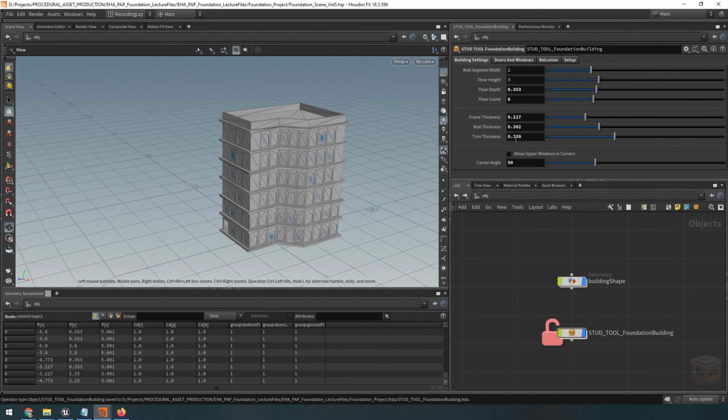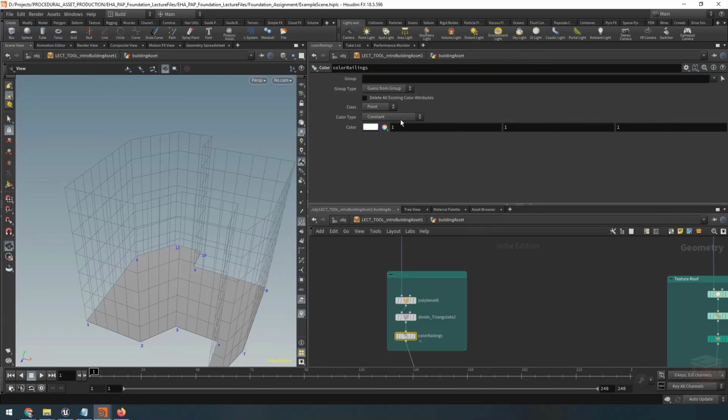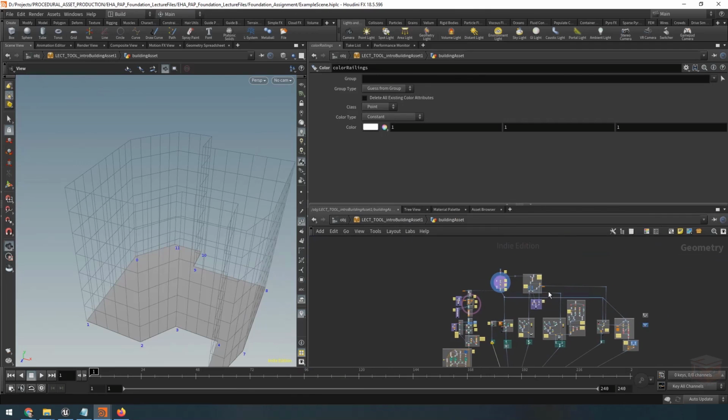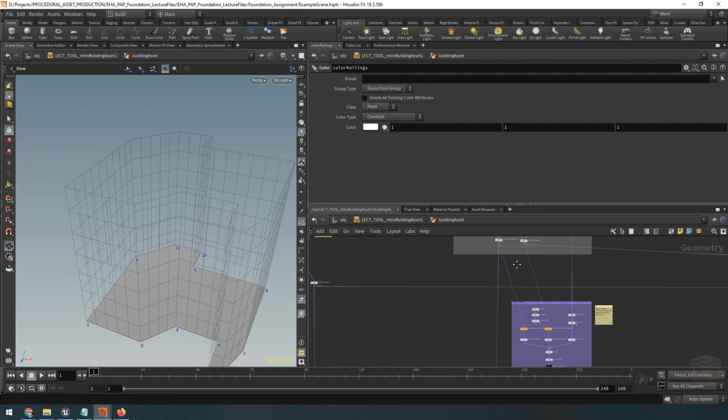But okay, so at this point, in the next few videos, I'm going to start working on the staircases and the meshes on top of the roof. Now we're going to first start off with a more basic part of the network. We're going to create a basic interior grid that we need to assign our